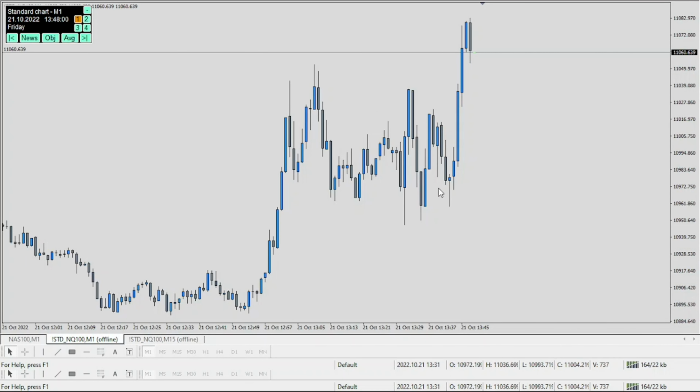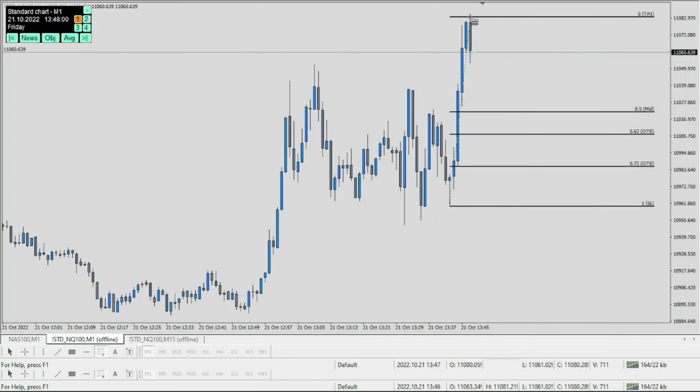At this point, you can see very clearly that we have a very good impulsive move to the upside that formed two bearish candles before the zone, and also it took out actually several highs, showing that it's a break of structure. At this point, what I want to do is draw my fib from the low to the high of that zone, and you can see there are so many fair value gaps that have been